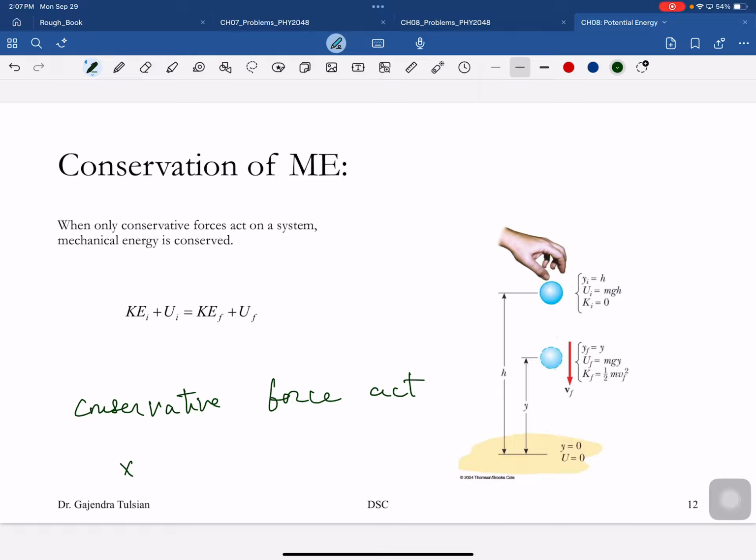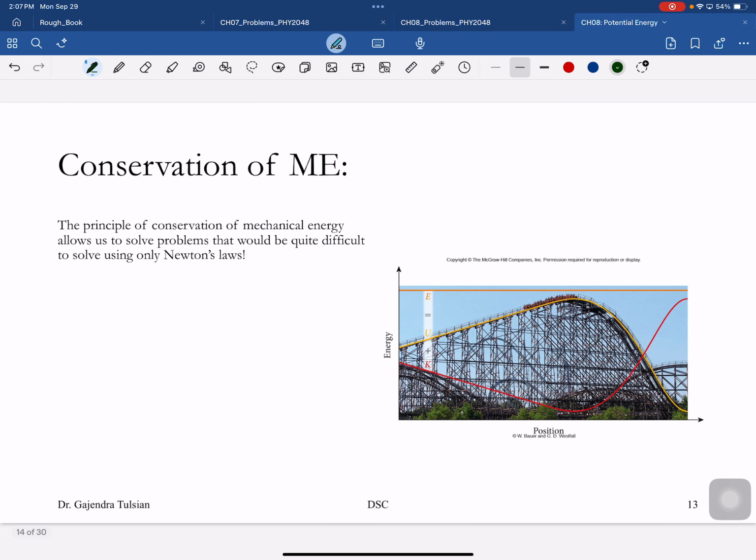So for instance, if friction is present, this won't be true. If you're pushing on it, it won't be true. If you're driving your car, that's not true. As far as you're concerned, only gravity and